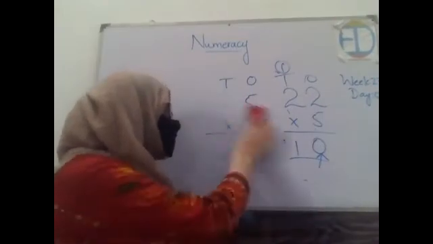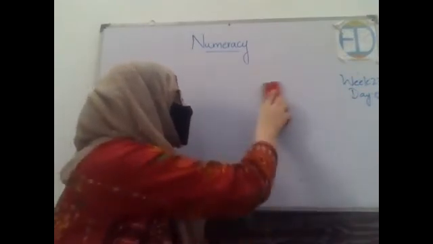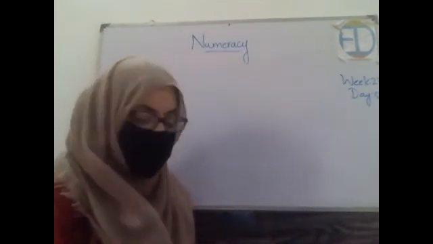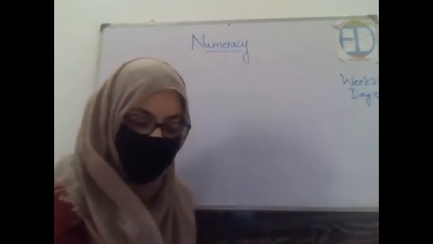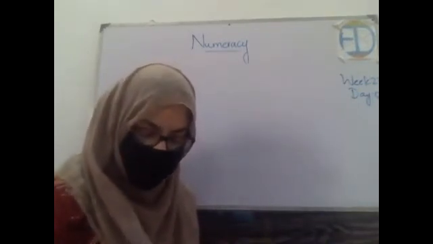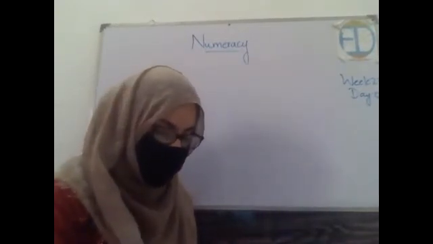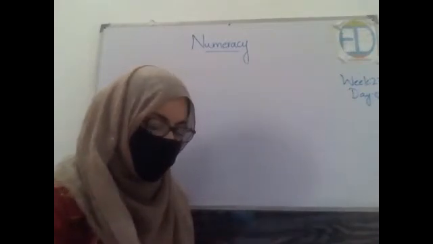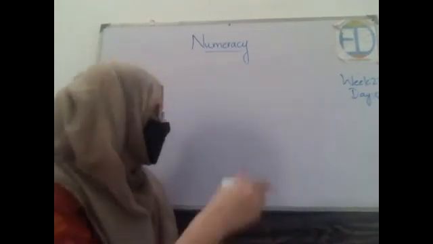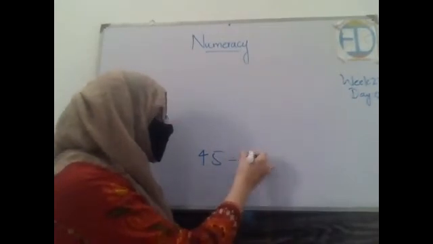That is how we can find the answers of division. So I told you that division basically means grouping or sharing. In division, what we do, we group an object into the sets which are available to us, right? So in order to do the division, we will be following the procedure that we did while we were practicing this. The first question is 45 divided by 5.